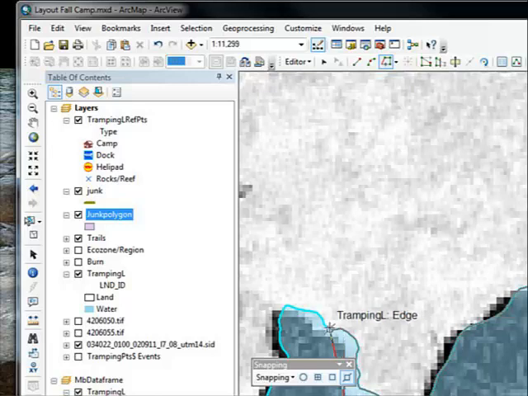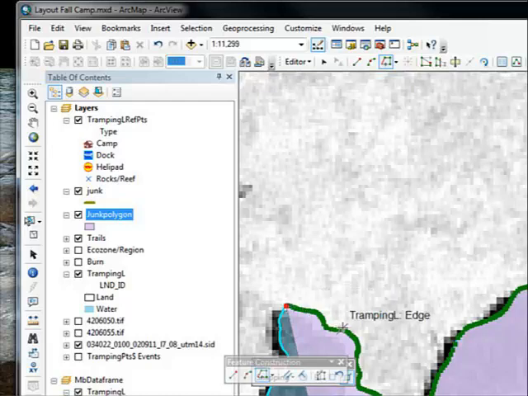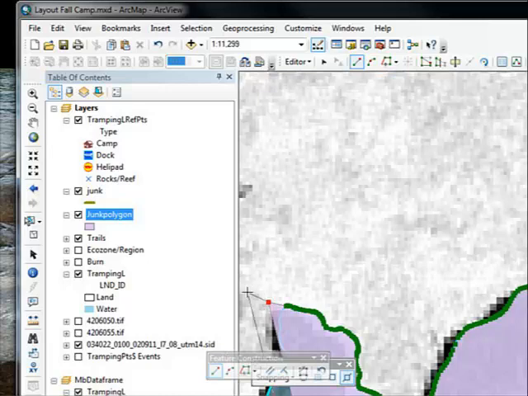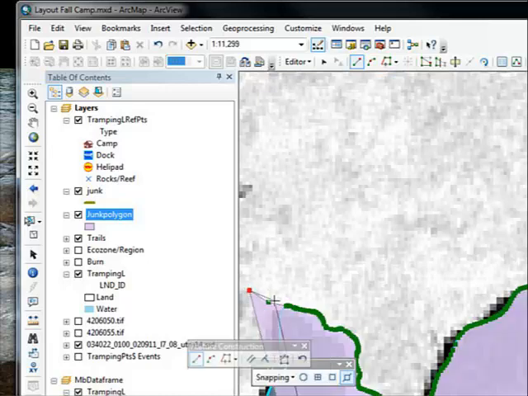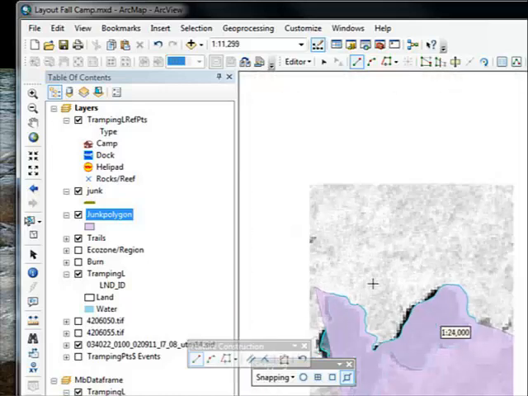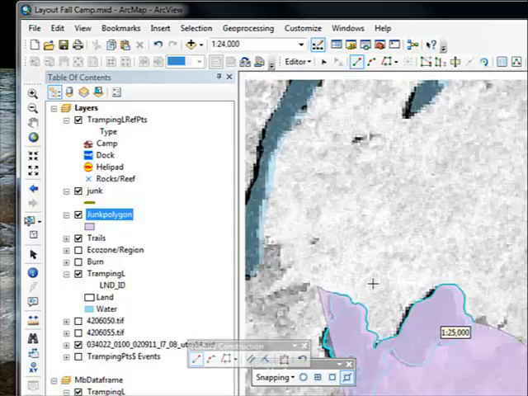Till I get to a point where I meet my fire boundary again. So I'm going to click a point there, and we'll go back to line segments and start going across the burn again, and we'll zoom out a bit